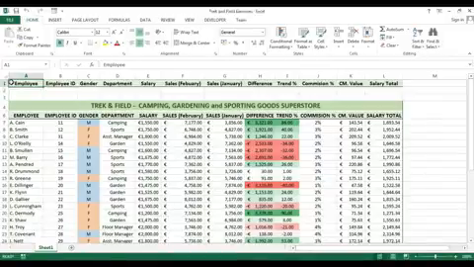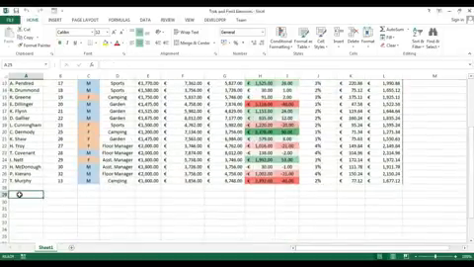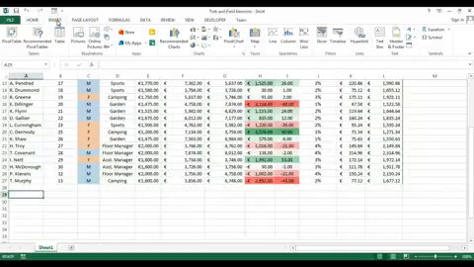We can set up a signature in any document within Excel. First, select an empty cell, then go to the Insert tab. In the Text section, select Microsoft Office Signature Line,